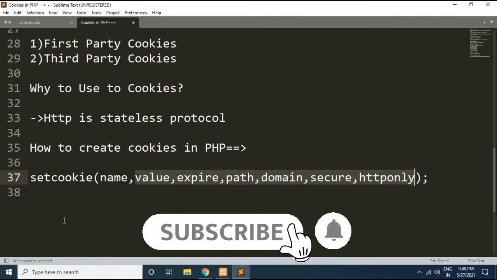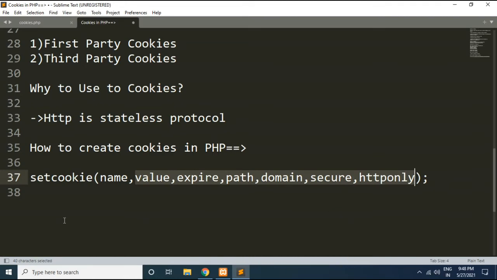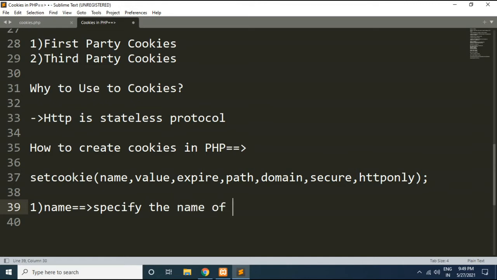Now let's understand what we can pass as arguments to this setCookie function. The first argument we have is name. This name argument is used to specify the name of the cookie and it is a mandatory argument. Now the second argument we have is value.